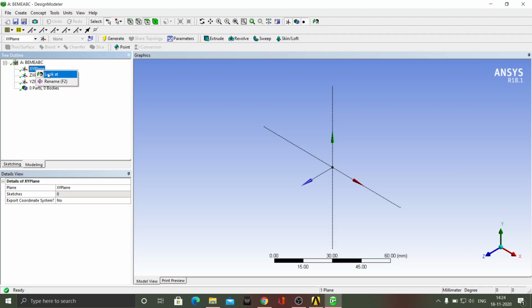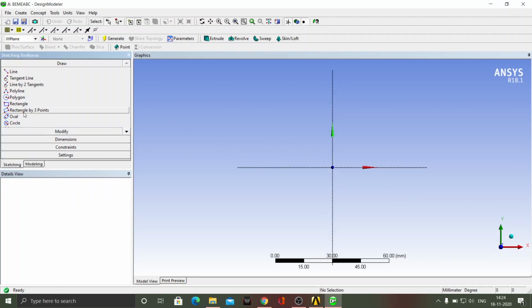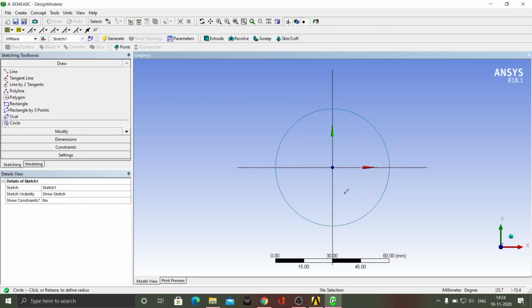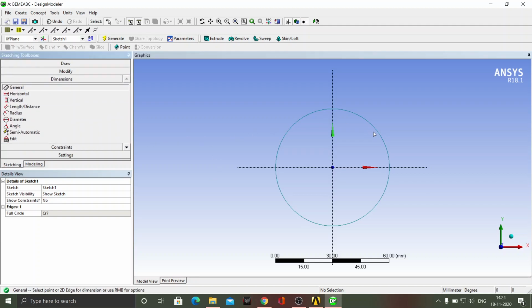So for that we will right click on xy plane and click on look at, and then we will start with drawing a circle. So we will draw a circle, and then after drawing the circle we will give it a dimension. So in dimension you can see that it is showing 60 mm. We will convert it to 30 mm.